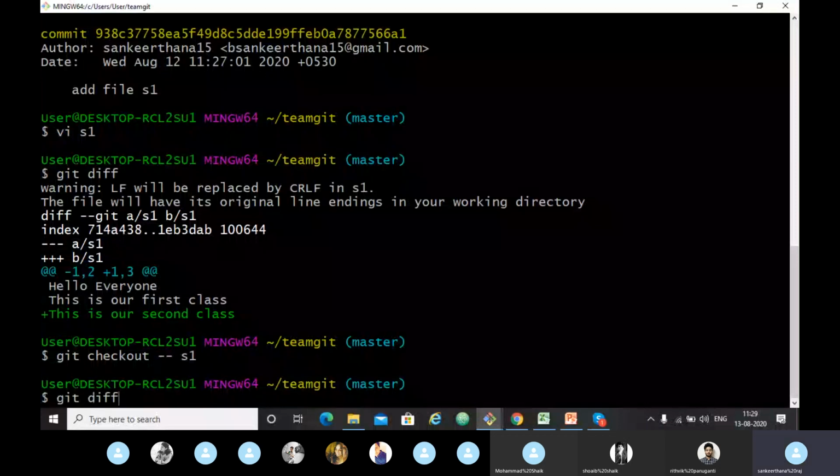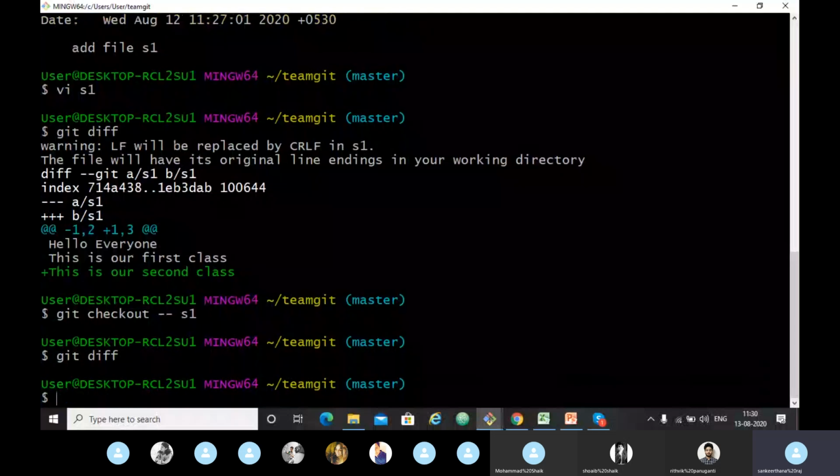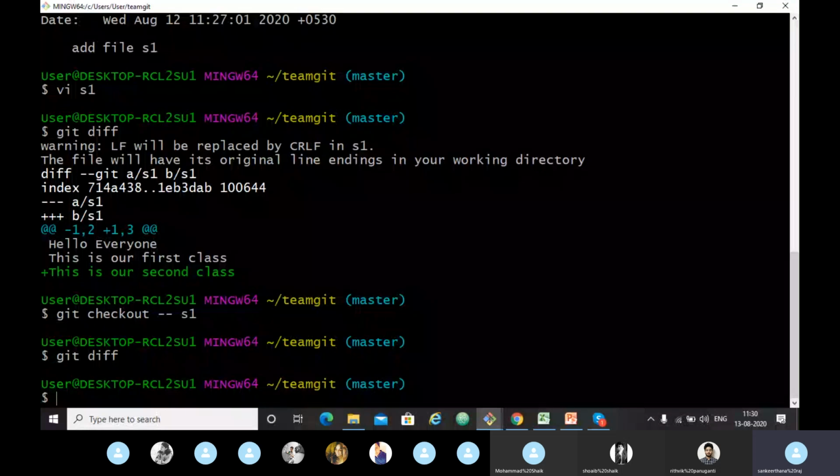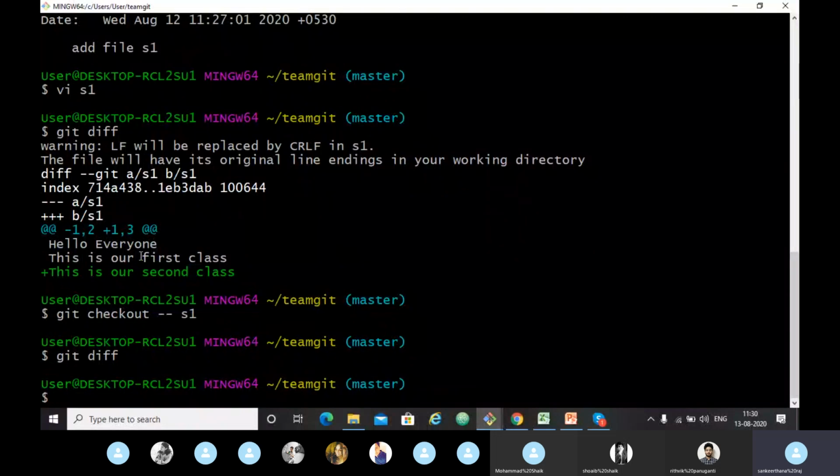Git diff shows nothing because there is no change at all. Means we have replaced our previous file. So there is no difference between yesterday's file and today's file. Today the file we have edited and the yesterday file we have created, there is no difference between them because we have replaced it with the git checkout command.